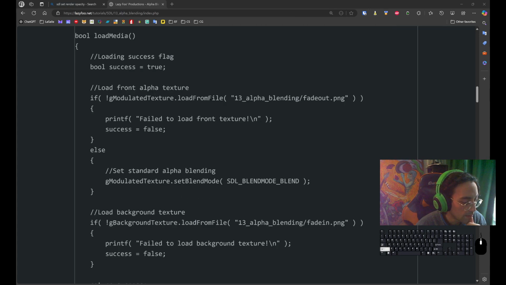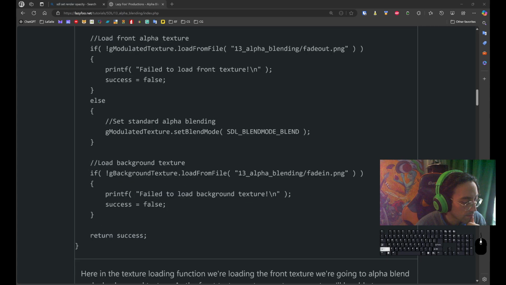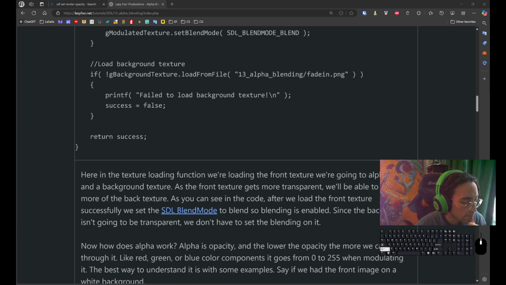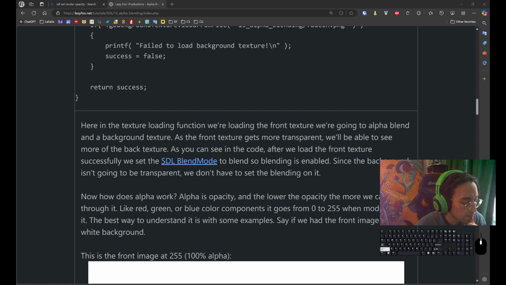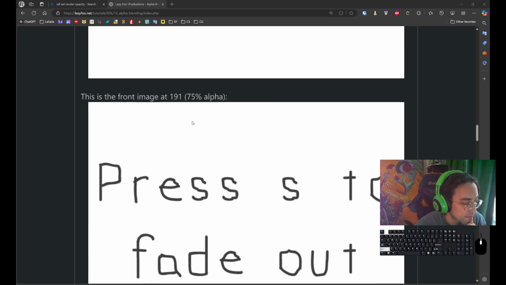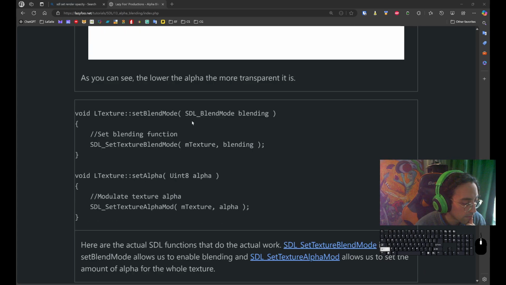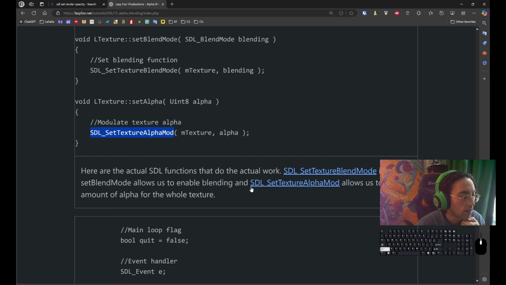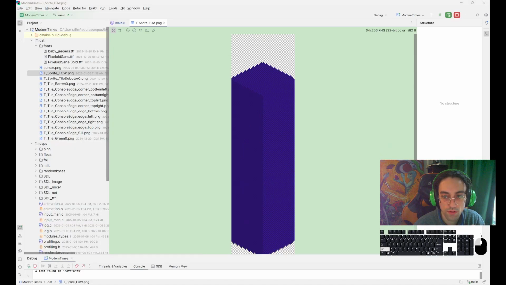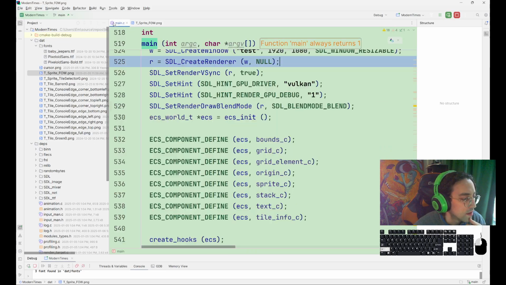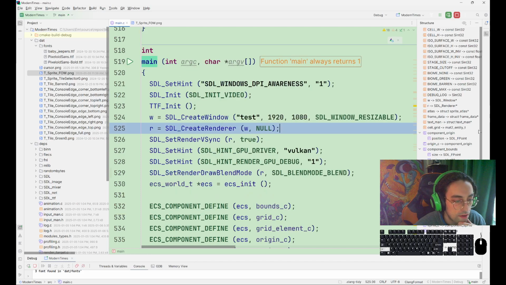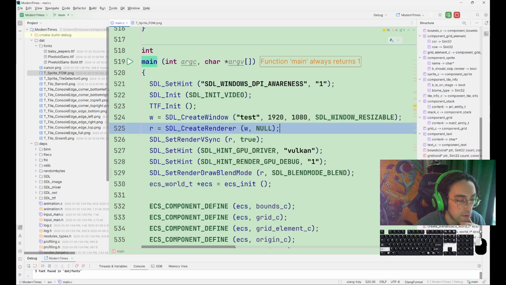I don't know, in this example, I don't see. Oh, it's this. Set texture alpha mode. That's what I was looking for. I remember there was set color mode, but